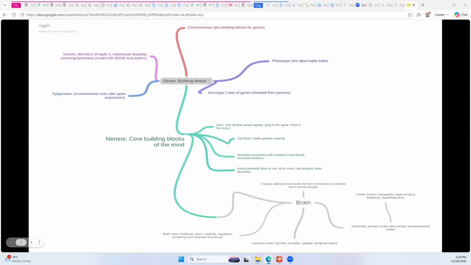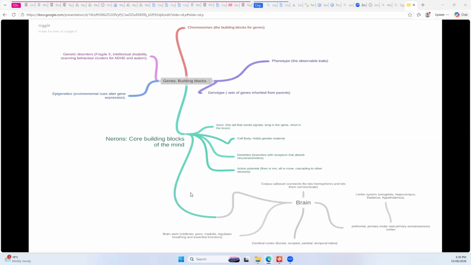The last branch zooms all the way out to the brain itself, which I've organized from the most primitive structures: the brain stem, midbrain, pons, and medulla, that regulate essential biological functions, the functions that keep you alive without thinking about it. And then the limbic system, the amygdala, hippocampus, thalamus, and hypothalamus, which is the emotional and regulatory core of the brain. Then the cerebral cortex with its four lobes, frontal, occipital, parietal, temporal,